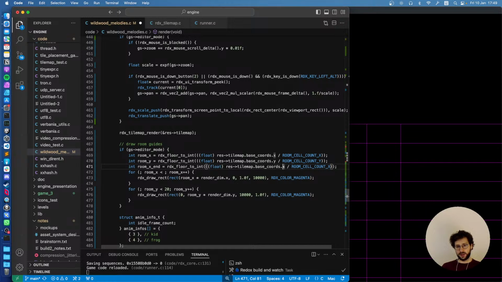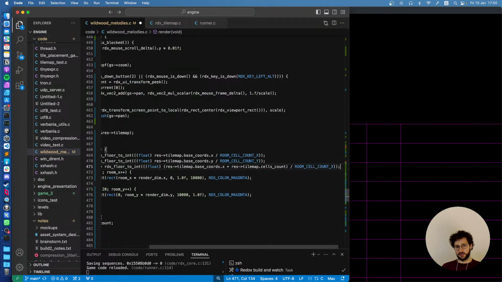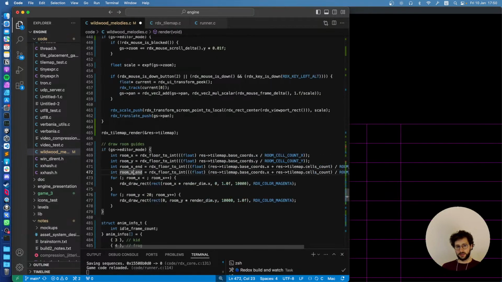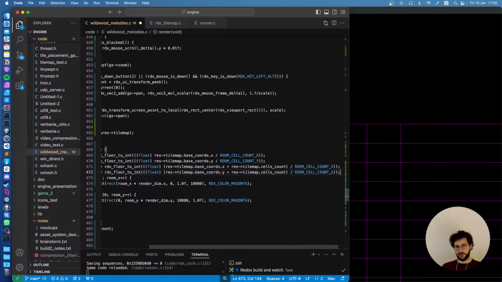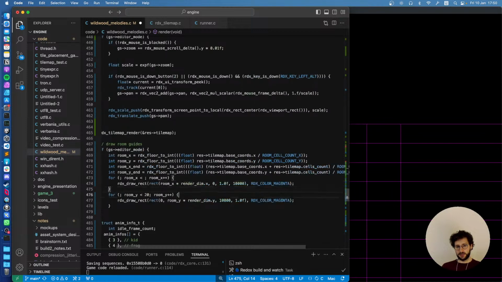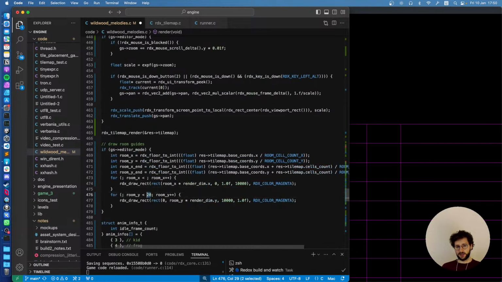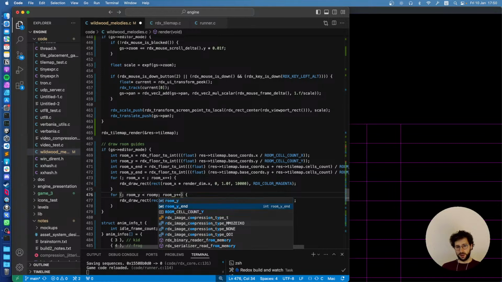Base chords x plus time map cell count. Easy peasy. That should do it. Let's do it for y as well, and hope that is correct. So room y and